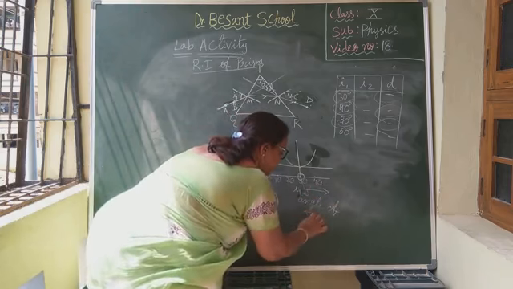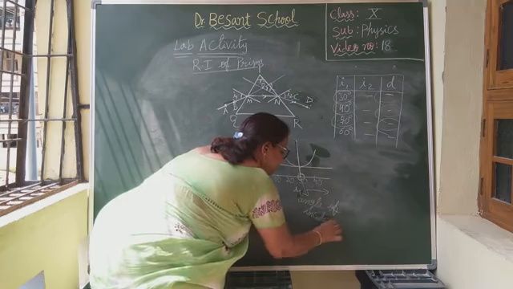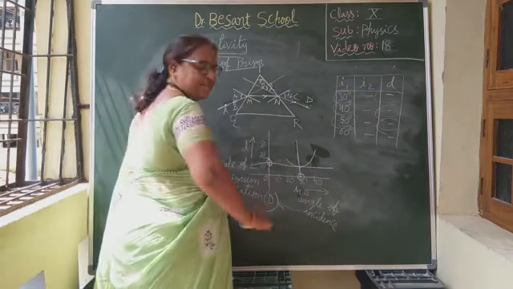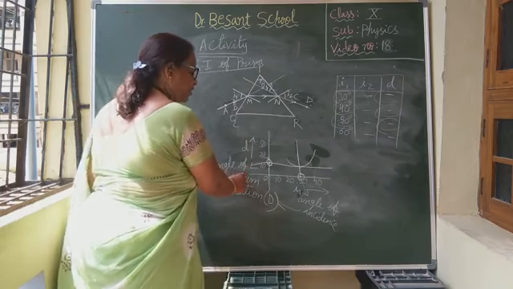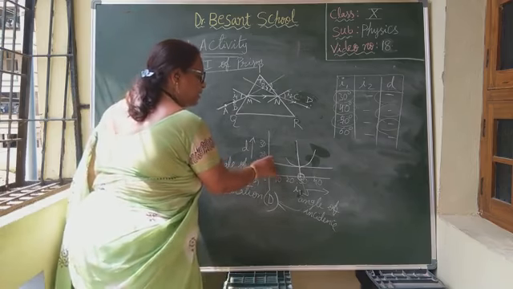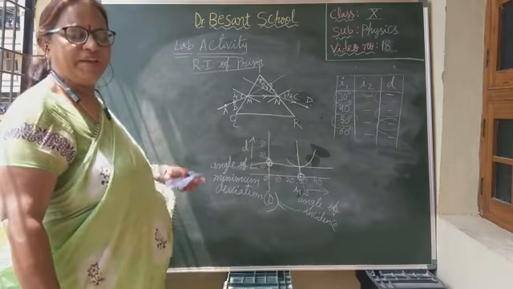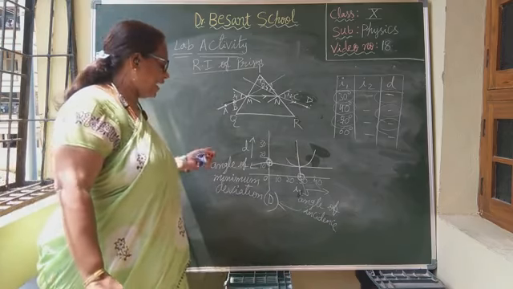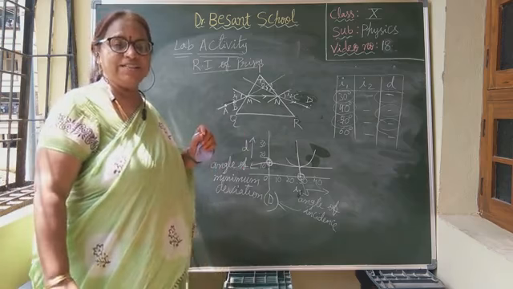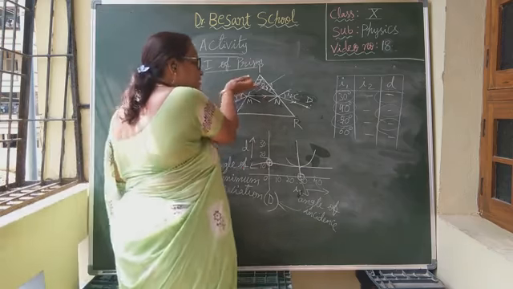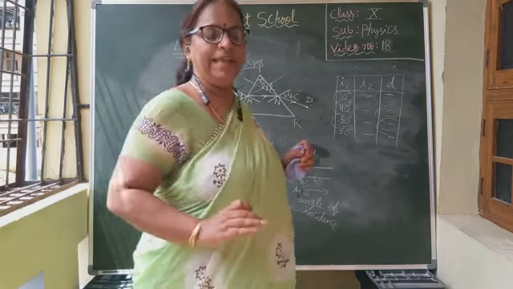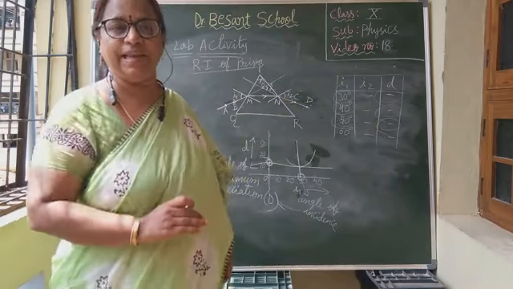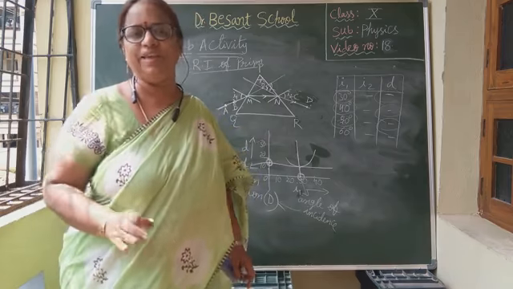Angle of incidence, which forms the angle of minimum deviation. Here I got 30 degrees angle of incidence, and the angle of minimum deviation I got in between 10 and 20, that is 15 degrees. What is the meaning of this? When I take angle of incidence 30 degrees, I will get angle of minimum deviation 15 degrees. It means the least deviation of the incident ray is at 15 degrees. Below that it will not deviate.